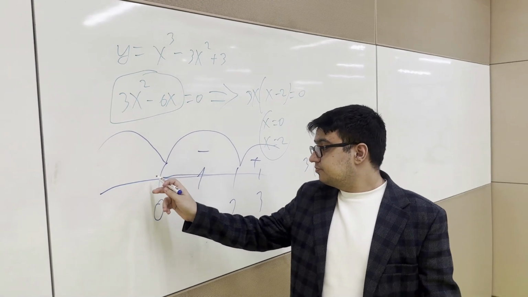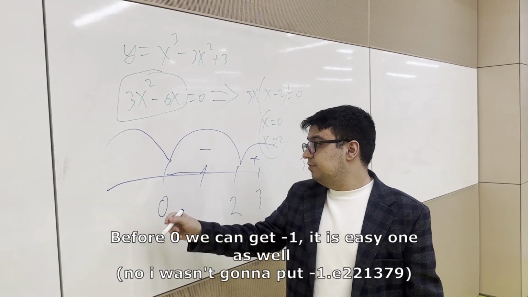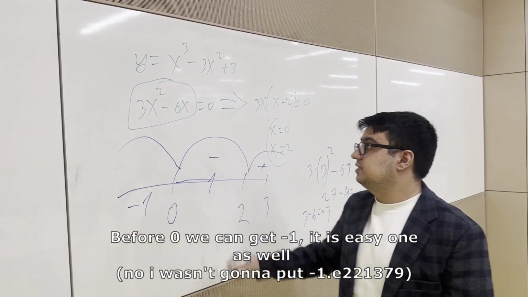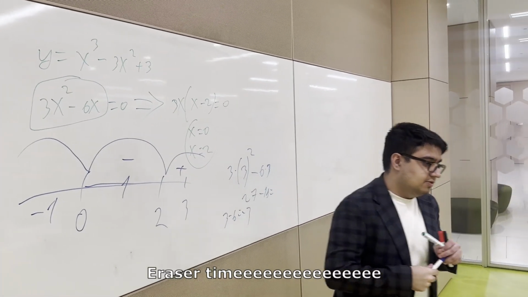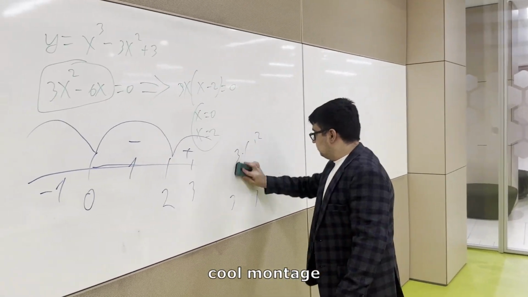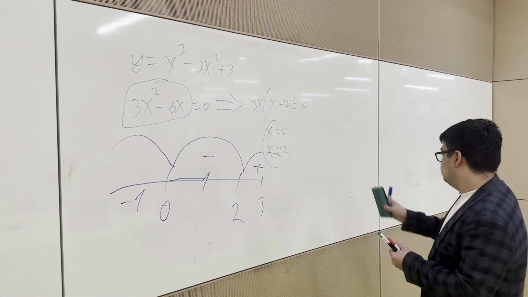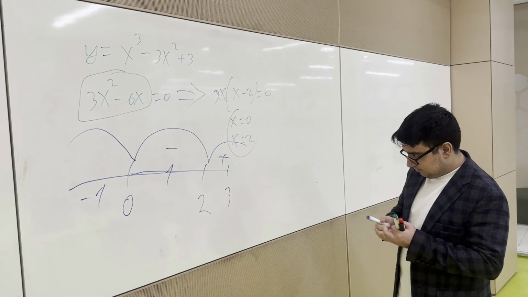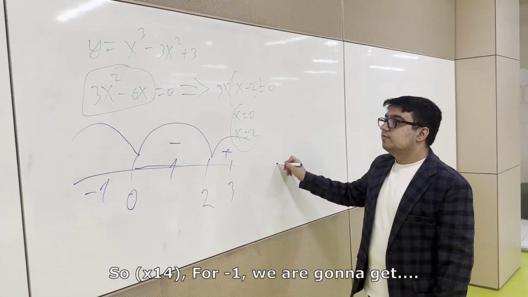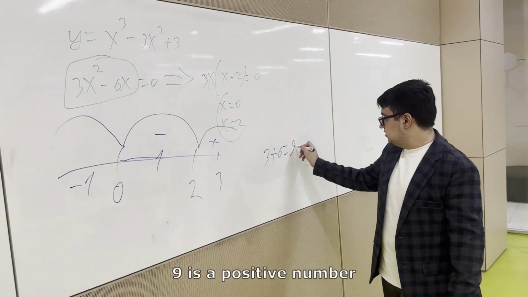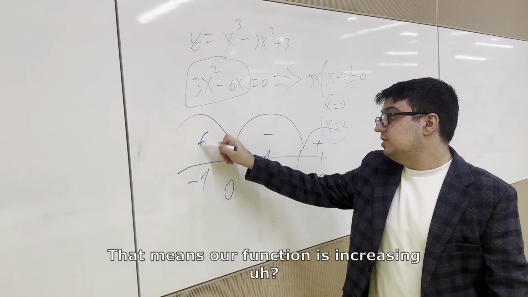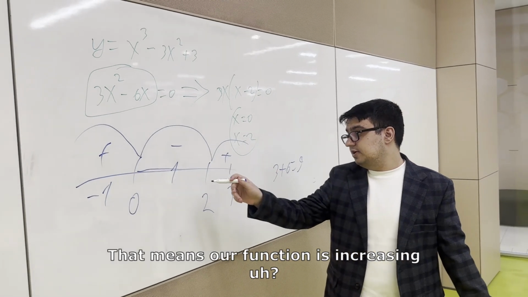And before 0 we can put negative 1, it's an easy one as well. And this is going to be, wait, let me get the eraser. Okay. So for minus 1, you're going to get 3 plus 6 because the sign changes, and it's going to be a positive number. So that means our function is increasing